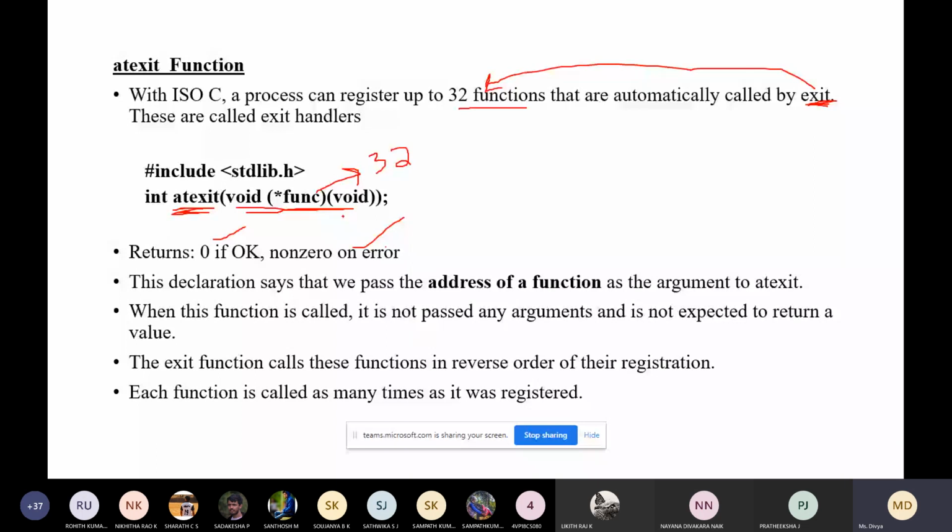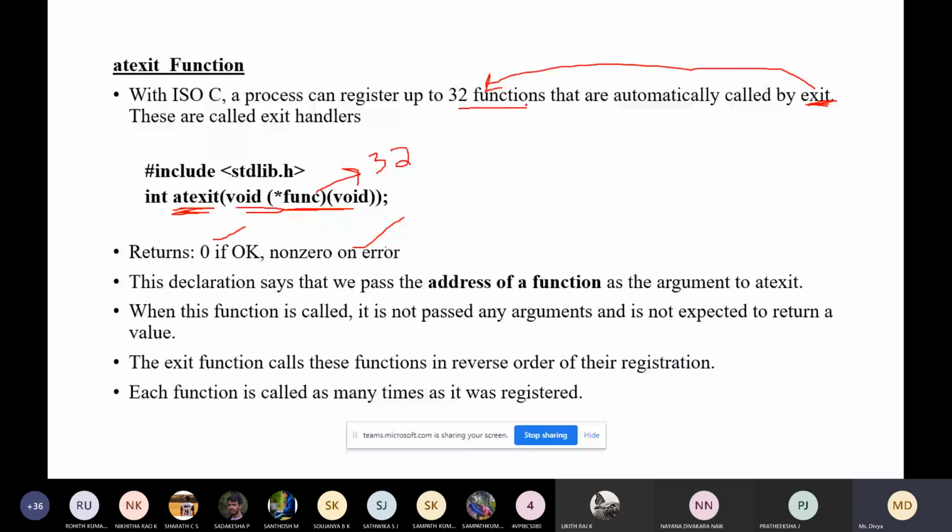The exit function calls these functions in the reverse order of registration. I will tell you with an example. Each of these 32 functions can be called any number of times.